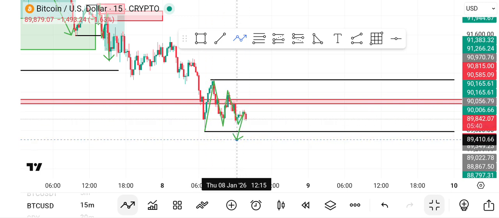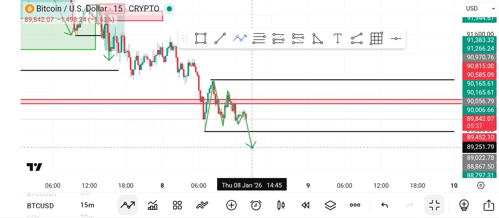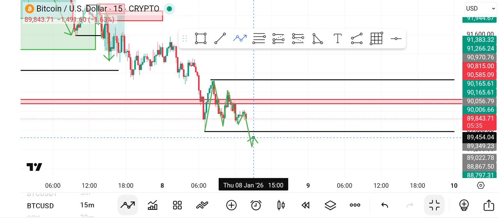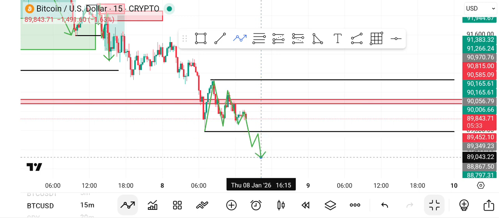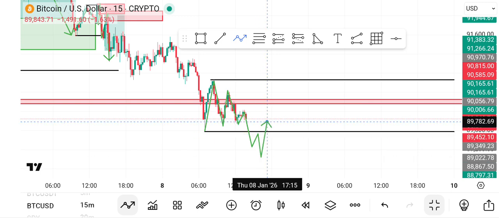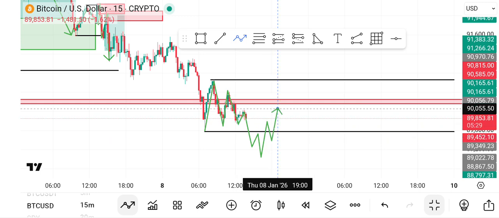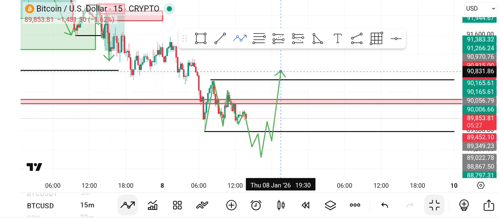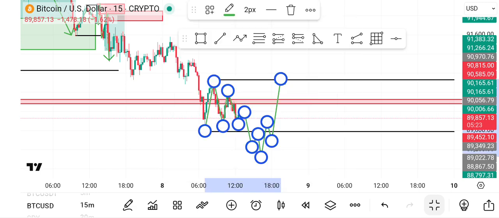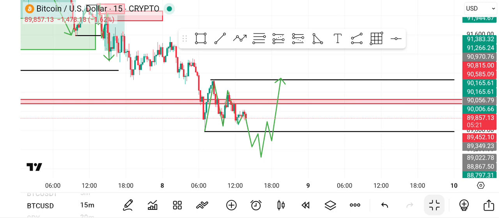After the accumulation, price just goes down to cause the manipulation, and probably the distribution just takes off right here. So this is our lookout and our anticipation for the trade, and